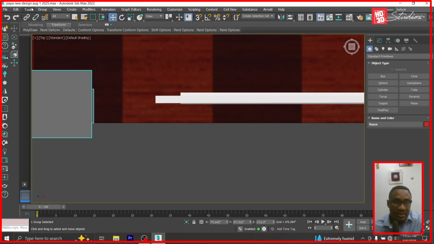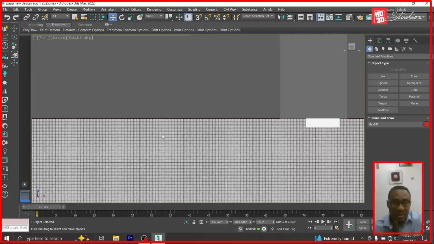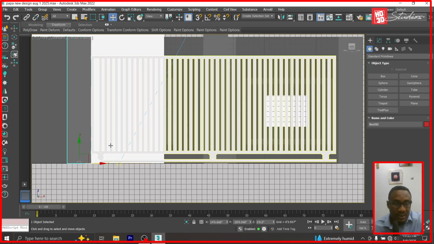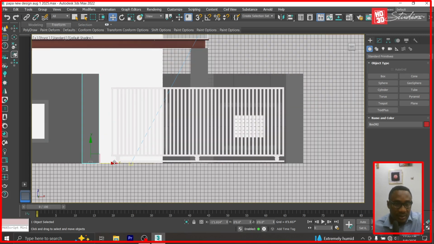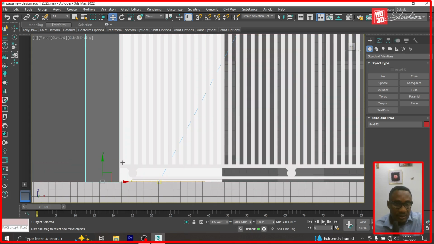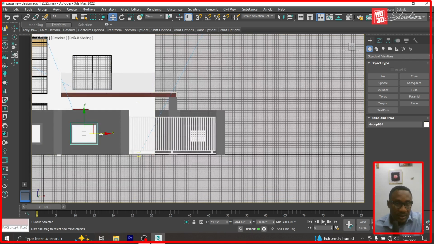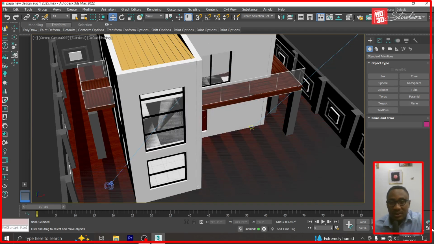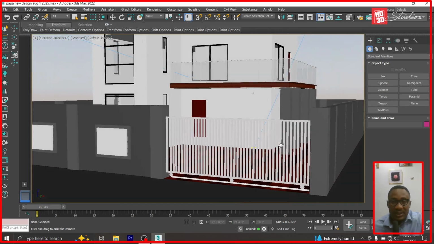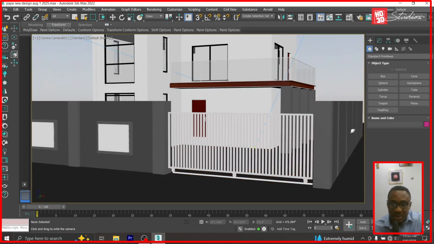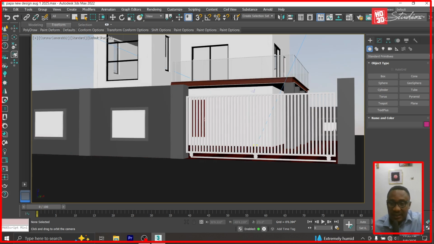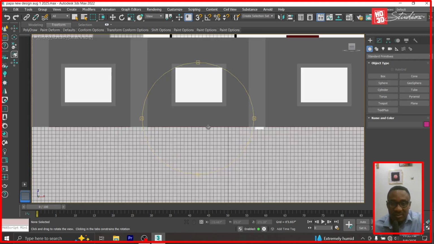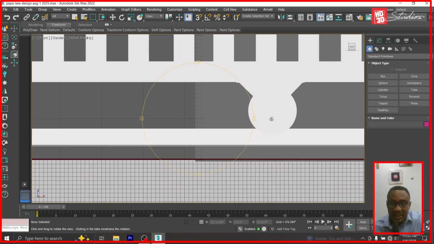So now I can ungroup this, ungroup, and move this here. Let me forward. Okay. Yes, and move this a bit. Now this gate is just made of boxes, and the rollers at the bottom are made of cylinders, and